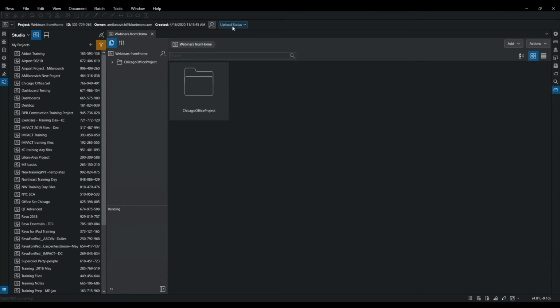This is what we call our properties toolbar up at the top here, and it's showing that I have an uploaded status, with those 3 dots letting you know that it's still working on it. What you'll also notice on this status is my project name, and there's that 9-digit ID. That's what you're going to give out to somebody if you want them to join your session. We'll talk about a couple ways to do that. And you can also see when I created that option.